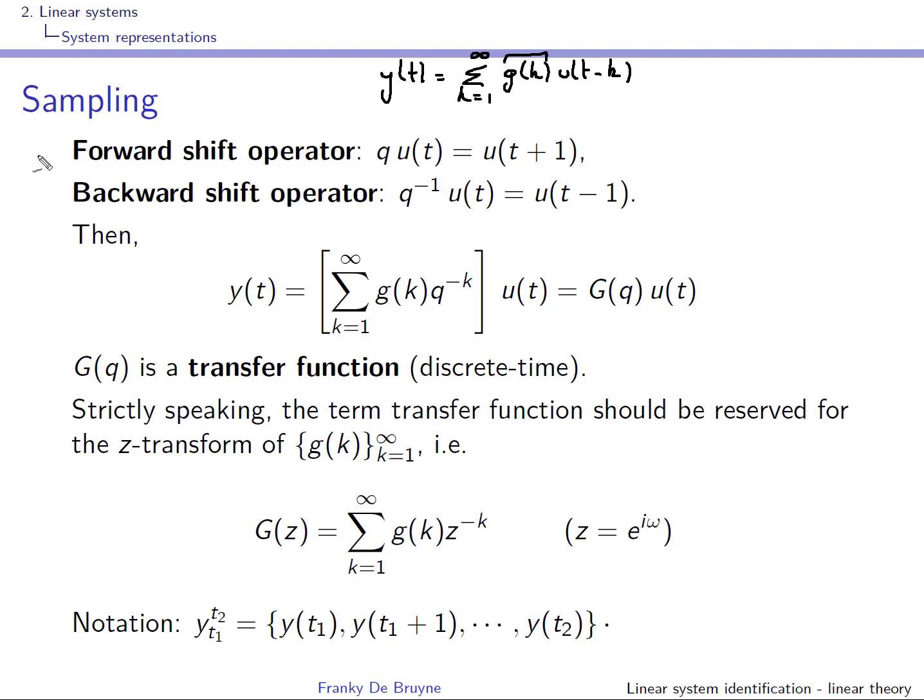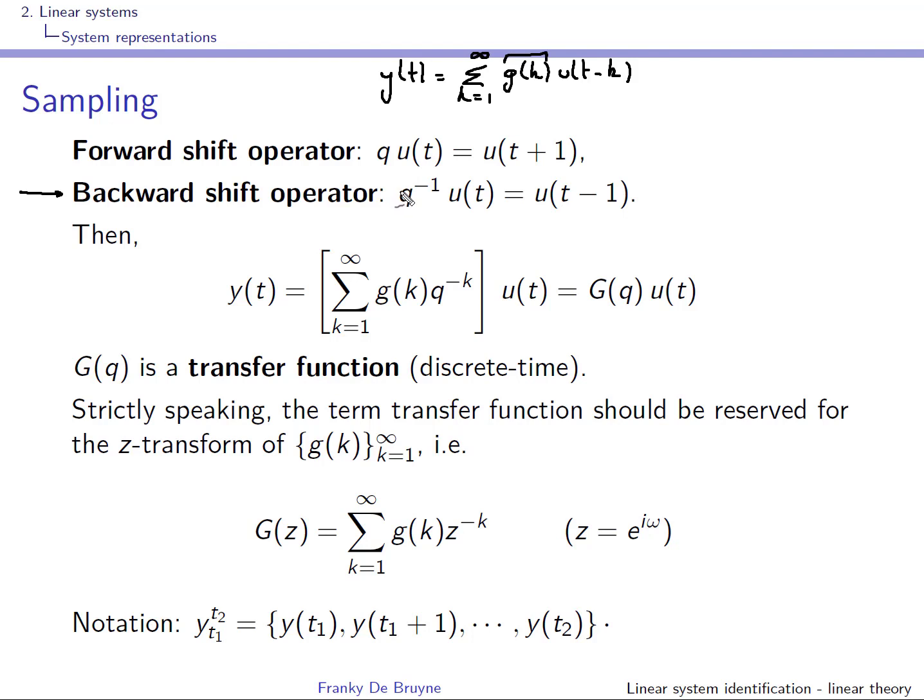Okay, so what we'll do is introduce the forward shift operator. q u(t) is u(t+1), and the one that we'll be using quite often is the backward shift operator. q^-1 u(t) is u(t-1),